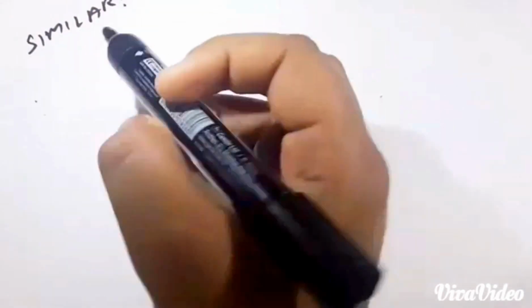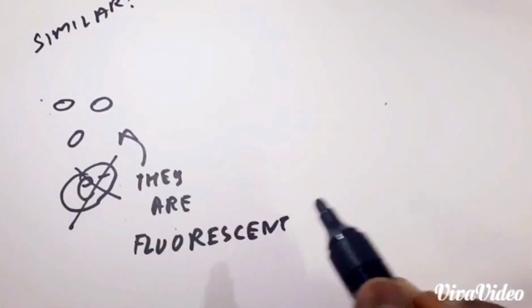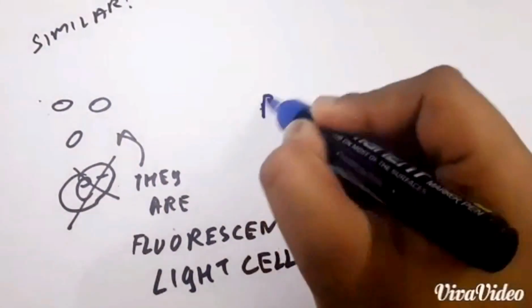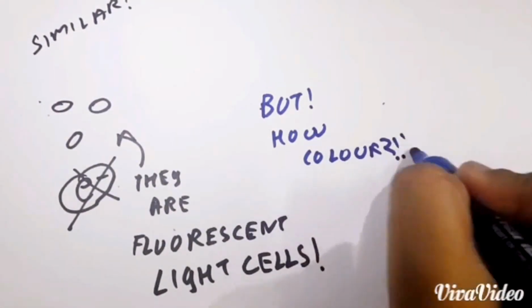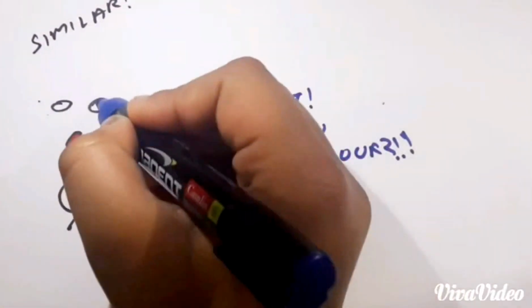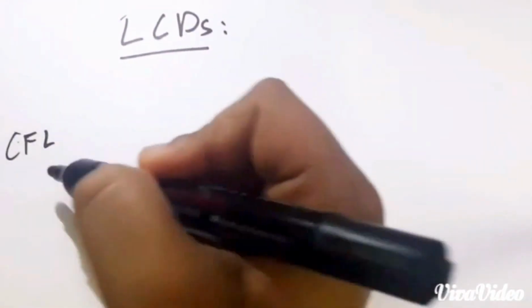Enough of olden times, now let's come to plasma TVs. Even this is similar. Instead of using those electrons, these TVs now use beams of fluorescent light cells to create images. But where does the color come from? Well, those are not just any random fluorescent beams, but they are of three colors, the three primary colors: red, blue and green. And thus, by adjusting the intensity levels of those colors, we produce our desired color on the screen.